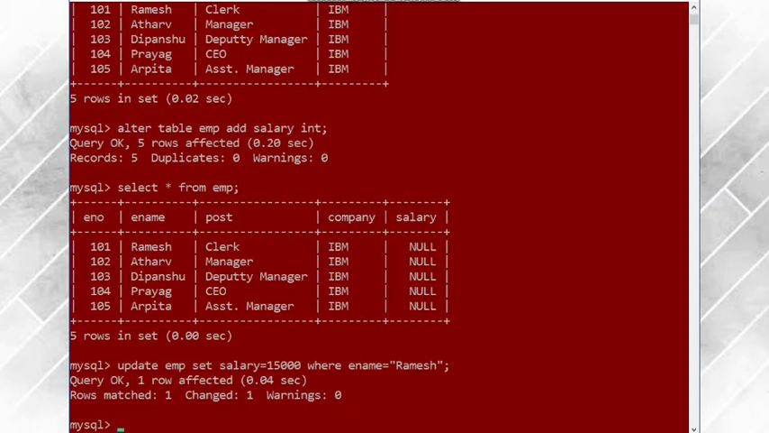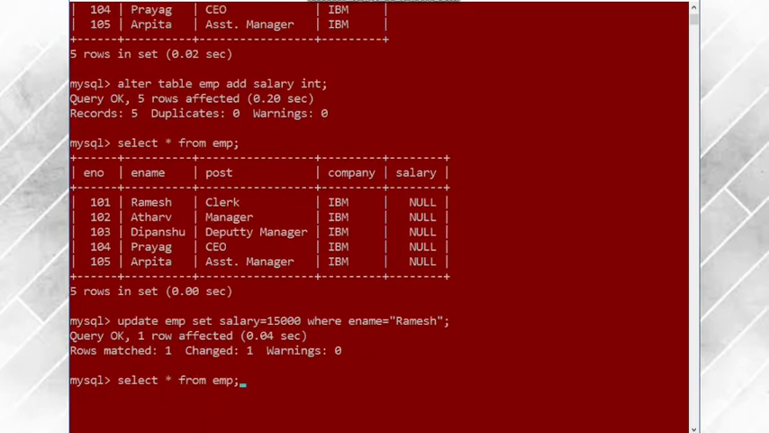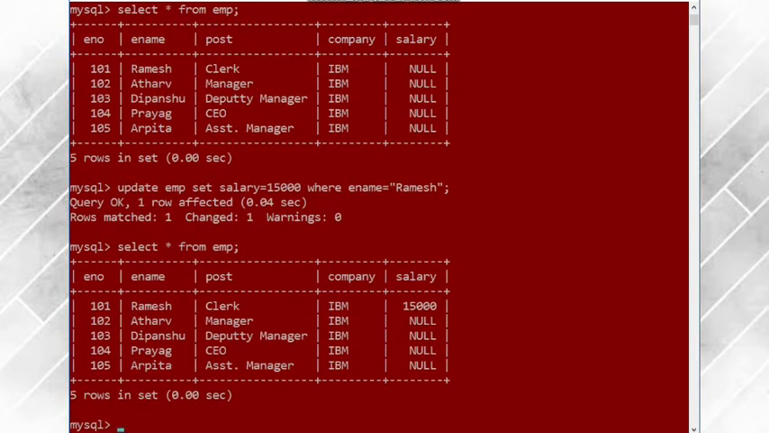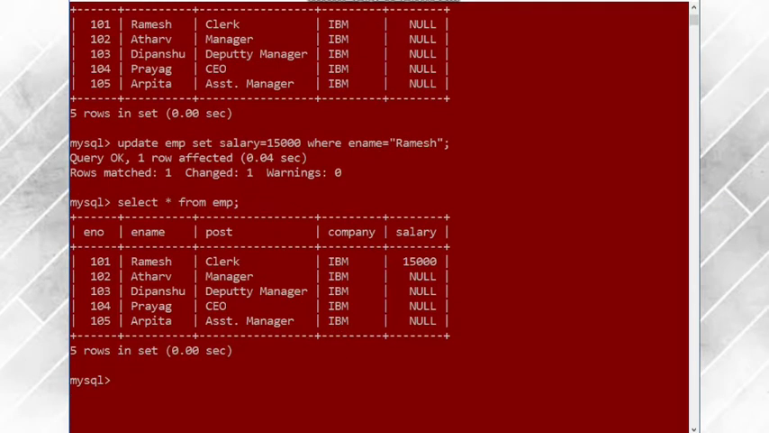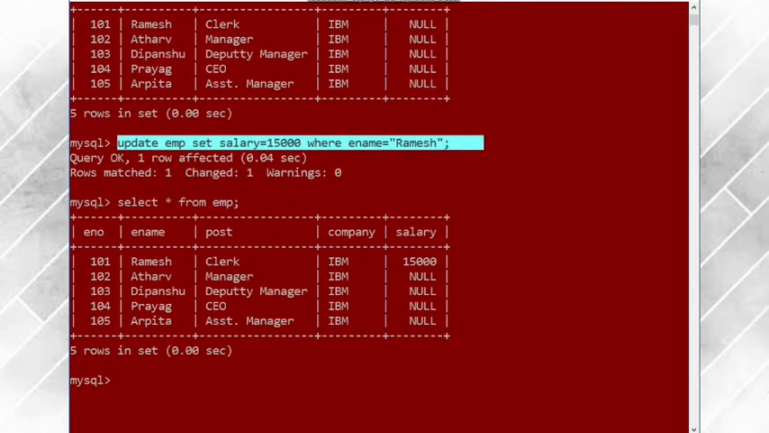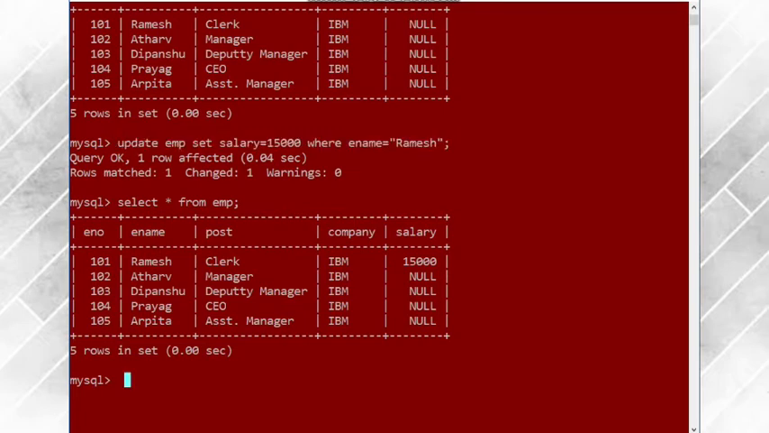Let us see whether it is updated or not. I'll run the select asterisk from employee command once more. You can see the salary of Ramesh is updated. You have to run the same command every time to update the salary. Alright, suppose I want to update the salary of another employee, so I'll write set salary is equal to, suppose now